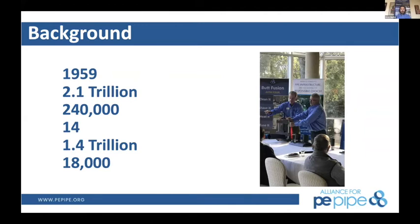14%. That would be the average water loss rate, according to AWWA, for municipalities in the United States. We were in Missoula, Montana a few years ago. Their water loss rate is 48%. That's 48% of the water that's been sourced, treated, pumped out of their treatment plants is lost into the ground